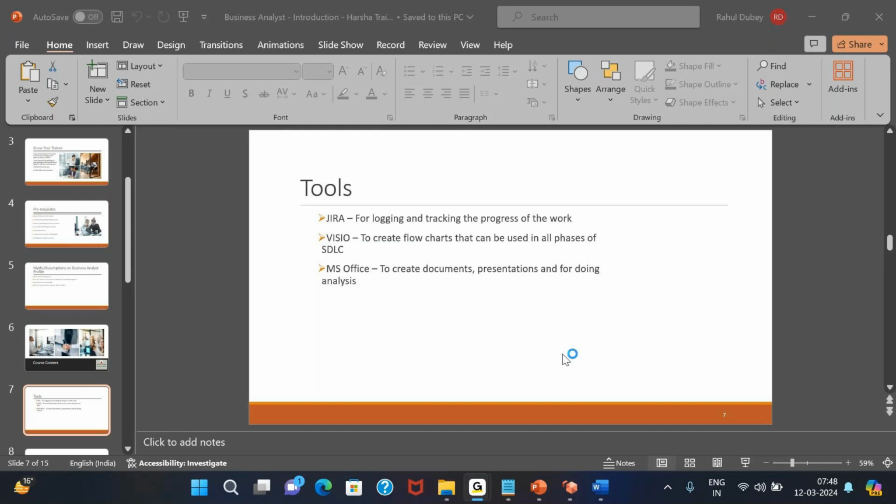Sure. So one question regarding the tool part, which you mentioned, Jira, Visio. How will these tools be covered? So we'll be giving you live sessions on these tools. I'll be opening up the tools in front of you, showing you how to use them. And along with it, you will be getting some exercises as well to go back and perform on